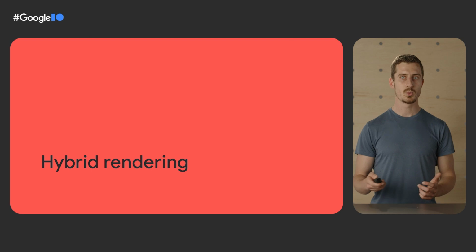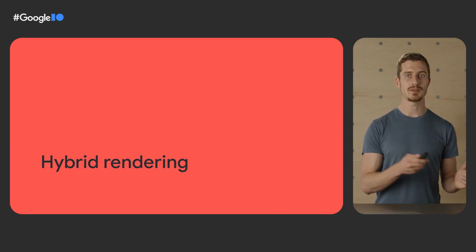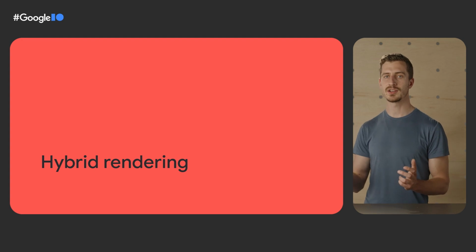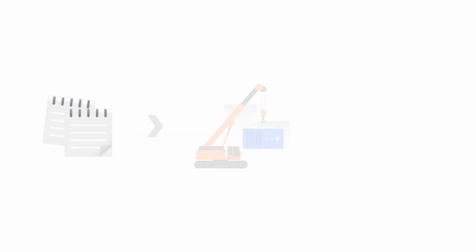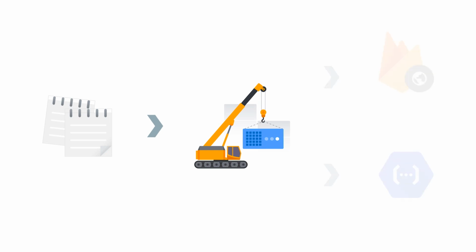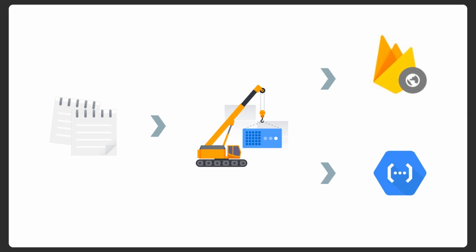An approach where we use server-side rendering for some of the pages in the app and pre-rendering for others is called hybrid rendering. With hybrid rendering, we can deploy the static resources of the application, for example, JavaScript, images, pre-rendered pages, etc., to a CDN, for example, with Firebase hosting. The pages containing dynamic content we render in Cloud Functions with server-side rendering.